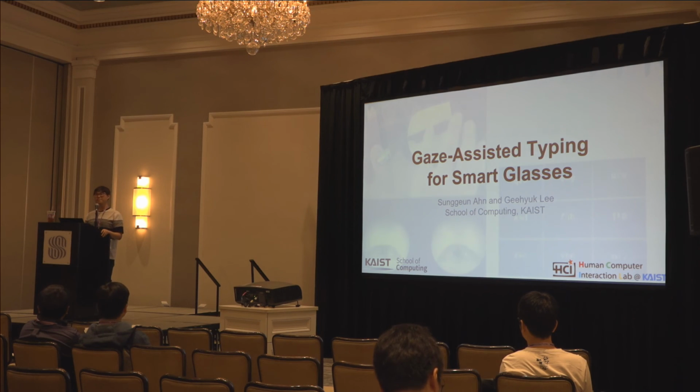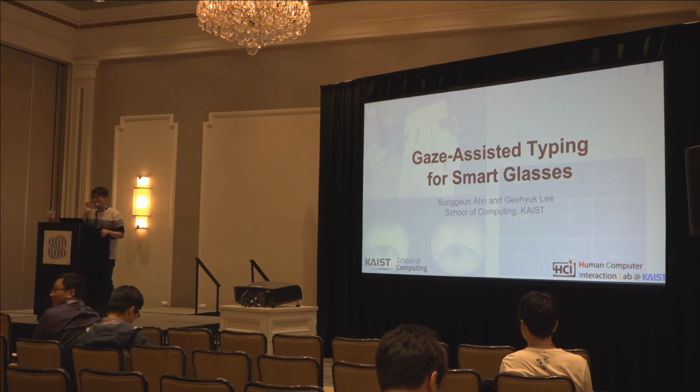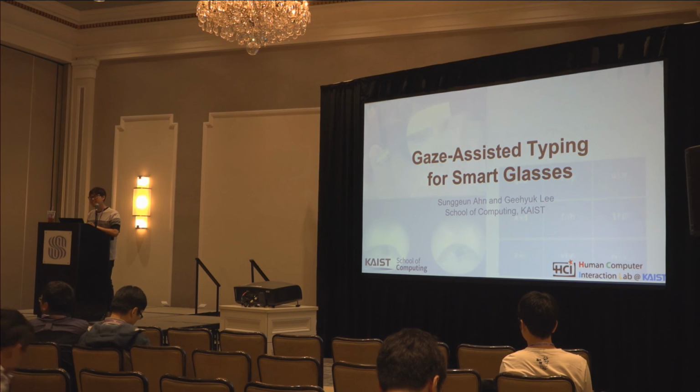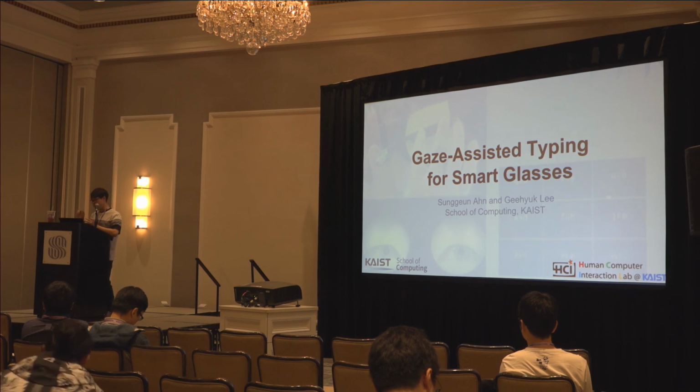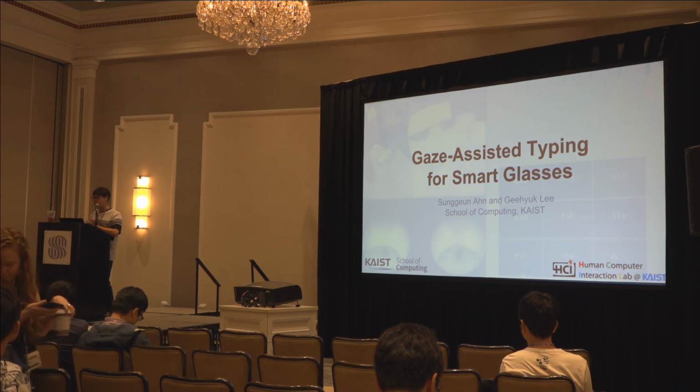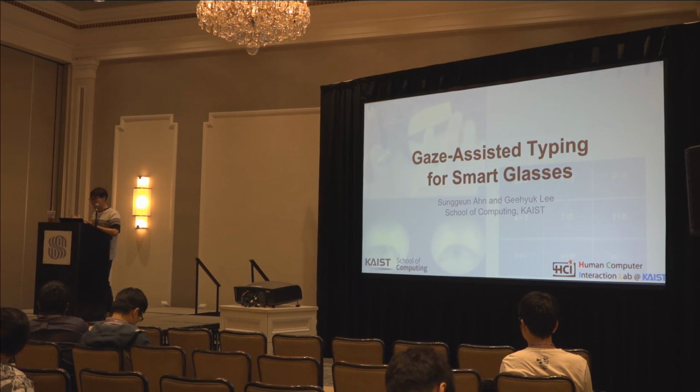One more quick question. Have you thought about applying this to a word-based method instead of a letter-based method? Oh, sorry. What method? Words instead of letters. In whole words, selecting whole words, instead of selecting letter by letter. My approach is letter-wise input, and so your question is about word-level gesture input.